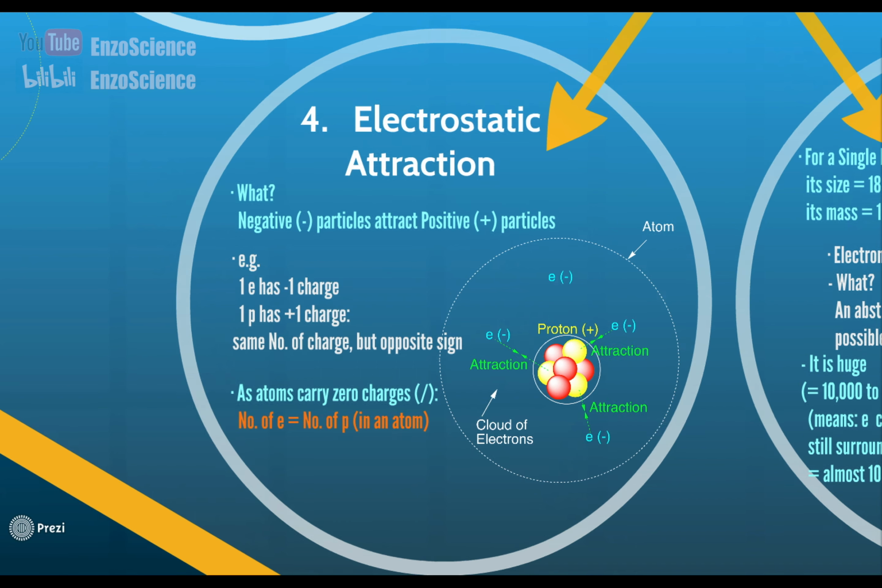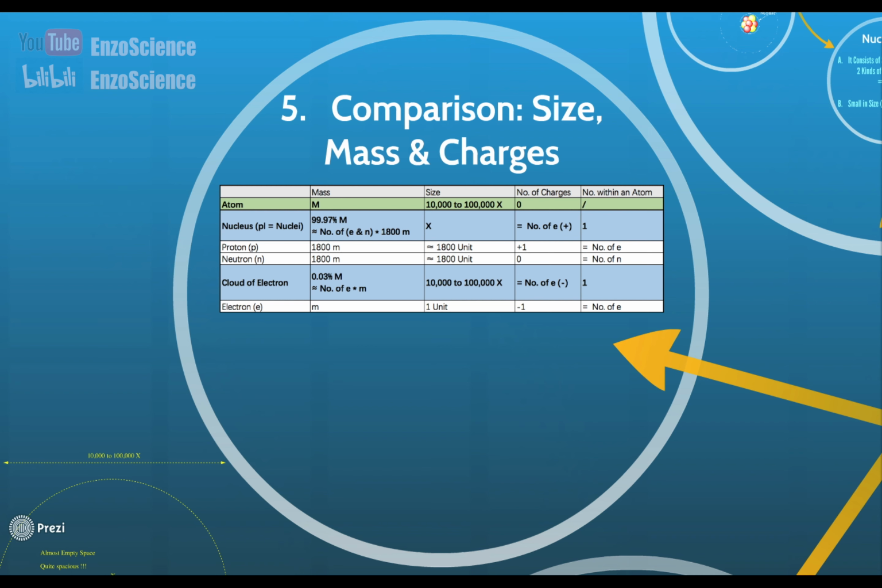The last point of today is an overall comparison of particle size, mass, and charges. Here I list all of the particles in today's lecture. I assume the mass of an atom is capital M. Then, from the lightest to the heaviest, if the mass of an electron is lowercase m, then the mass of the electron cloud is number of electrons times lowercase m, contributing 0.03% of the mass of an atom, which is